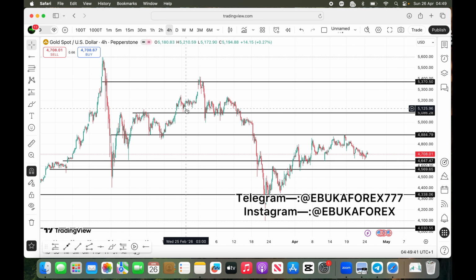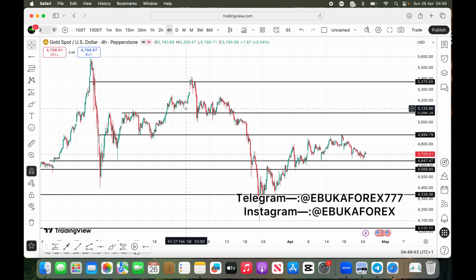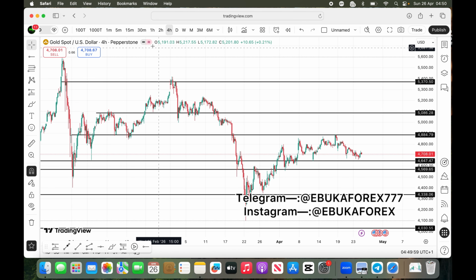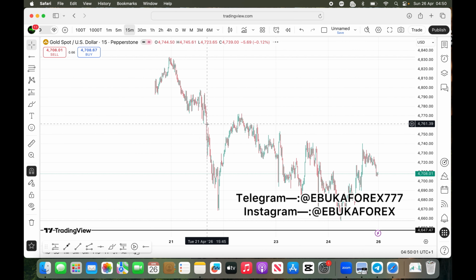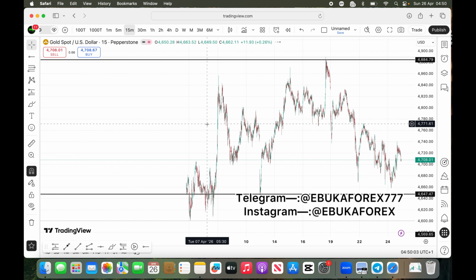That's why most times you see the major price reaction on Monday morning during the Asian markets open. Then the next thing you're going to see is big manipulation during the New York session, just to come back and grab 70% of the liquidity. So you have to take note of all this. You have to take note.